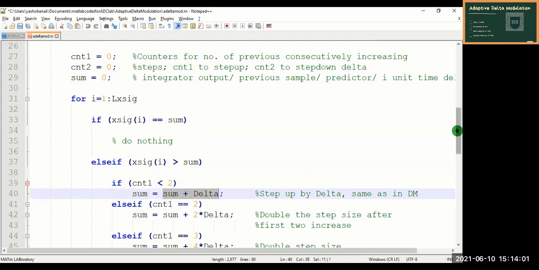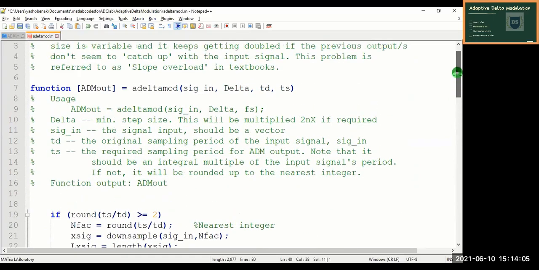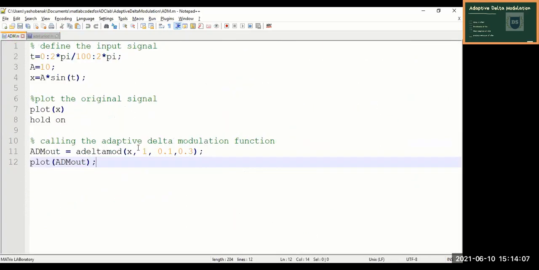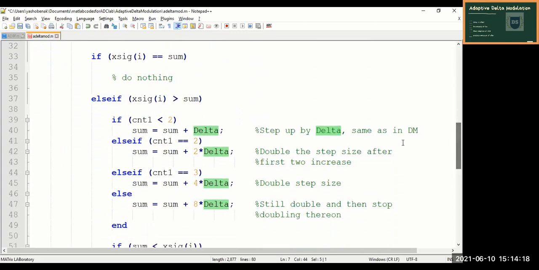Here we had assumed the delta value, so what was our delta value? Delta value was equal to 1. This delta value will be mapped onto here, and in turn the same delta value is being used over here. So 0 plus 1 will happen, and that 1 will be assigned onto sum, and then we'll execute the end statement that takes us out of this if statement.